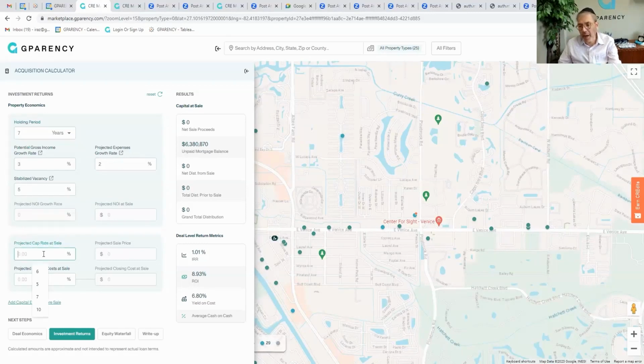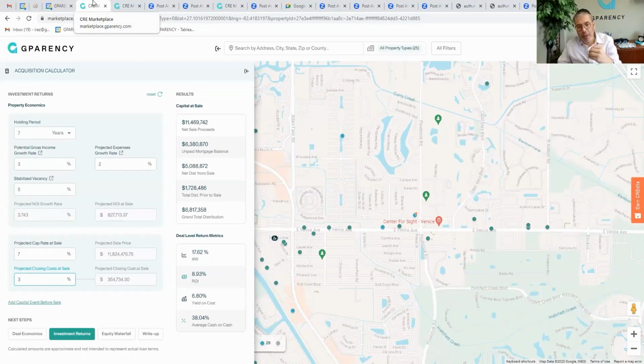When I sell the building, what cap rate am I going to sell it at? I bought a good deal. I bought this deal at a 7 cap. I think when I sell it, I'll sell it for a 7 as well. People can argue it goes up or down, but for right now let's use the same number, 7. What are my closing costs at closing? 3%. Now, this calculator tells me, based on these numbers, if I'm growing income by 3% every year and expenses by 2%,